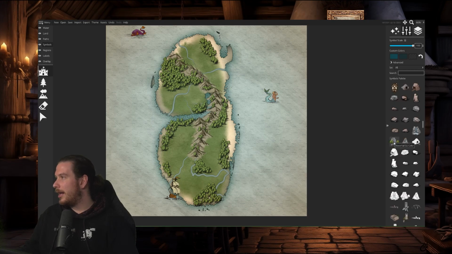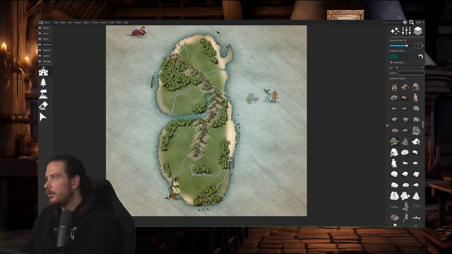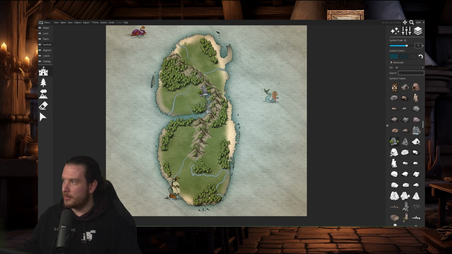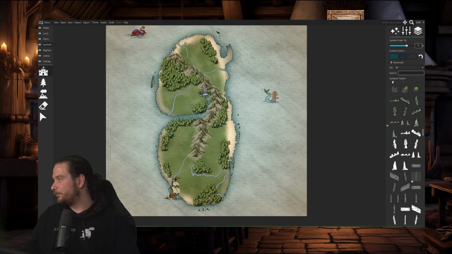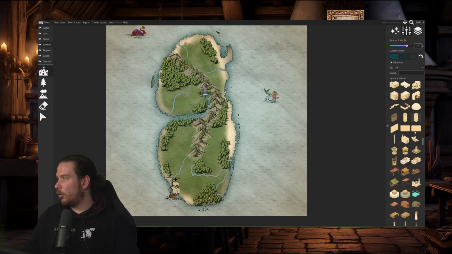But let's put some houses down and some settlements. First of all, one I like to use quite a lot is this one here, which adds a little bit of a waterfall feature. In fact, we're going to add that waterfall there, and that means it's coming down from the mountains out to the sea. Quite a cool idea. We've got almost Arabic, historical-looking buildings that you could use,